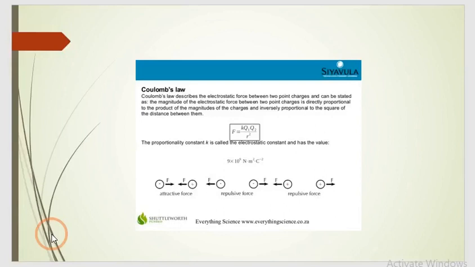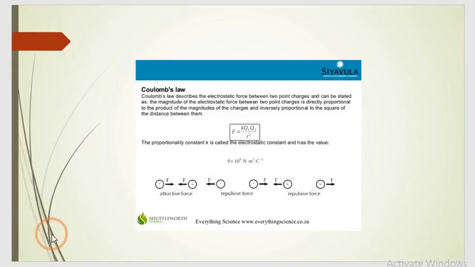The force will be repulsive if charges are similar, both positive or both negative. Now, in this law, F is equal to 1 upon 4 pi epsilon naught, Q1 Q2 upon r square,